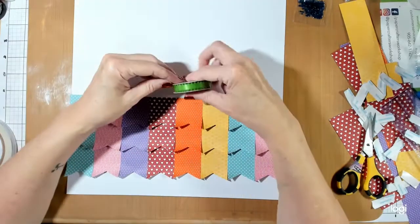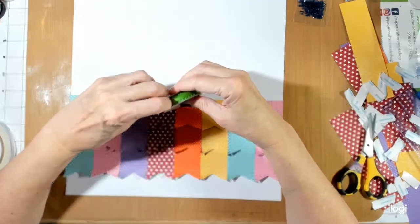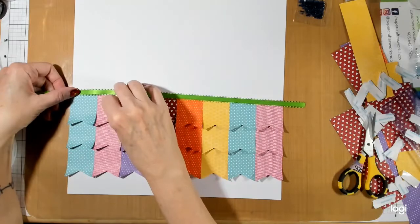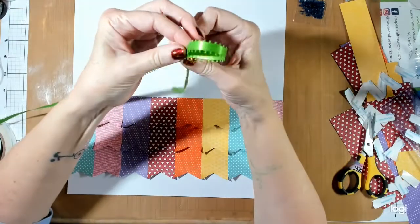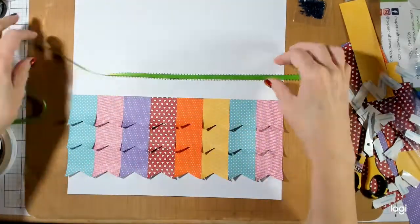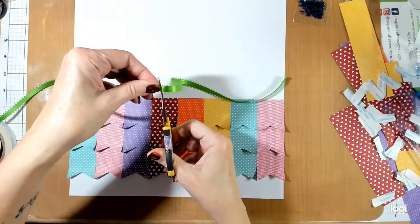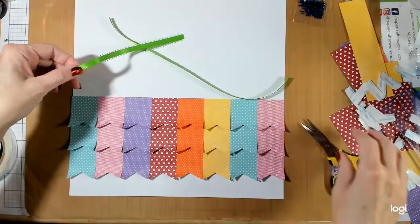All right, so now I've got this green ribbon. Because I haven't got green in here, I thought it'd be neat to add a little bit of green ribbon to create the band across the top with a little bit of a bow on one side. And the easiest way to make a bow is not to go around the paper and then tie the bow, but to take one full piece, snip it off, and one half piece, a little bit more than half,